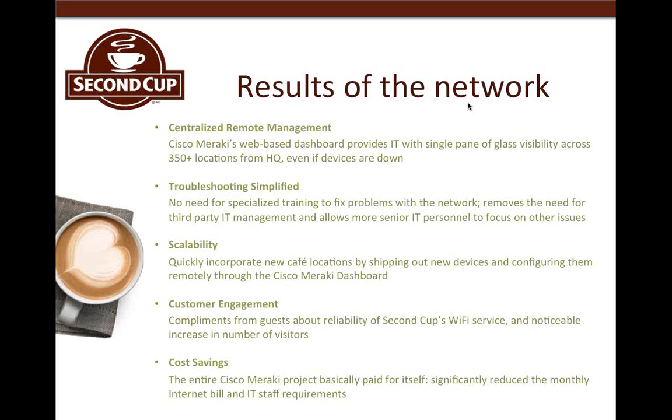And then customer engagement. You get compliments about your Wi-Fi service? Oh, definitely. Especially during the transition period, we had several customers that would email us saying, what did you guys do? I used to come here every day, and it was horrible, and you just fixed it. Please